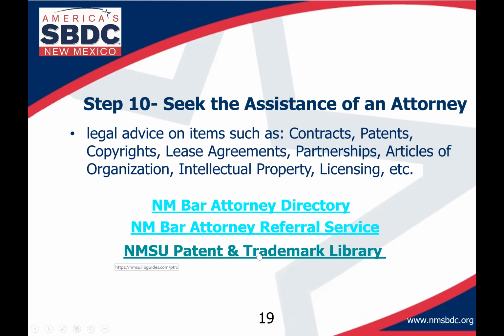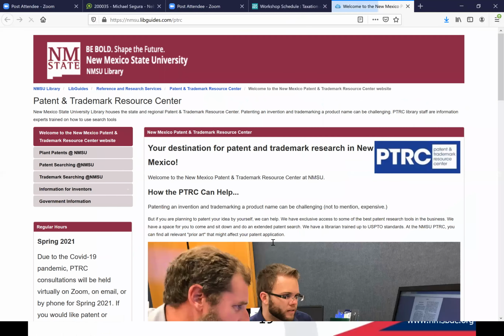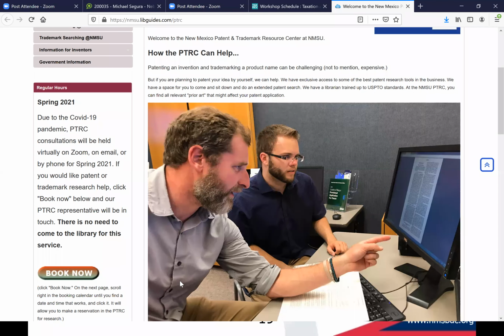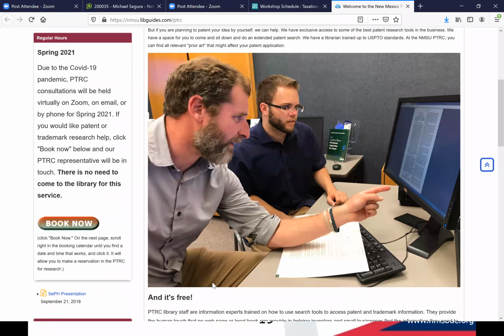Let me start off with the New Mexico Patent and Trademark Library and New Mexico Tech. New Mexico Tech they receive money from the United States Patent and Trademark Office to host the Patent and Trademark Resource Center for the entire state of New Mexico. The librarian at the head of that is David Irvin. He is an awesome wealth of knowledge. And if you need help researching patents, trademarks, copyrights, he provides that service to you for free.